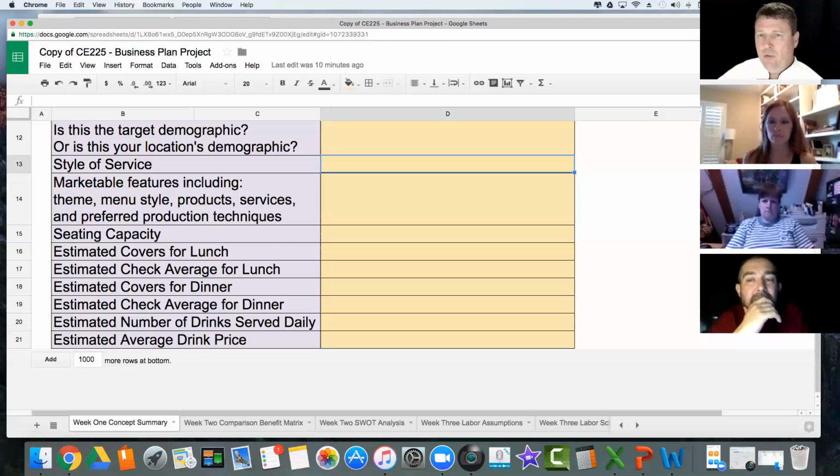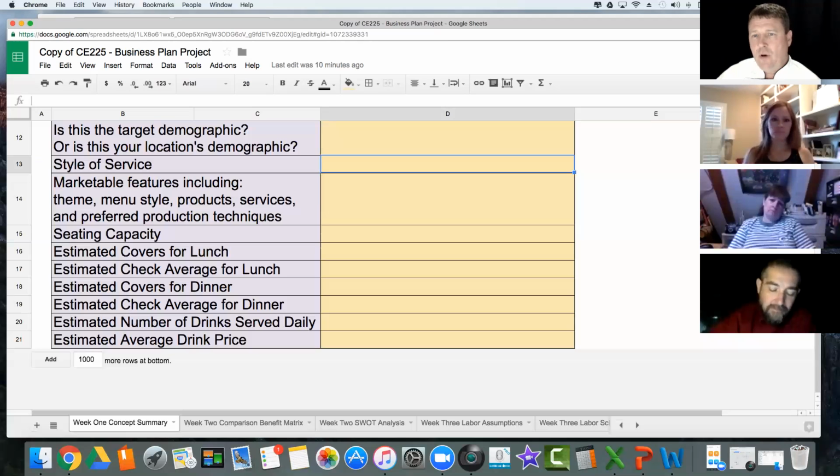Do 25, do 33, do 50, do 100. Do numbers that help you out when you do the math. It makes it a lot easier. I think an oddball number that is harder to calculate just makes it harder for yourself, okay?